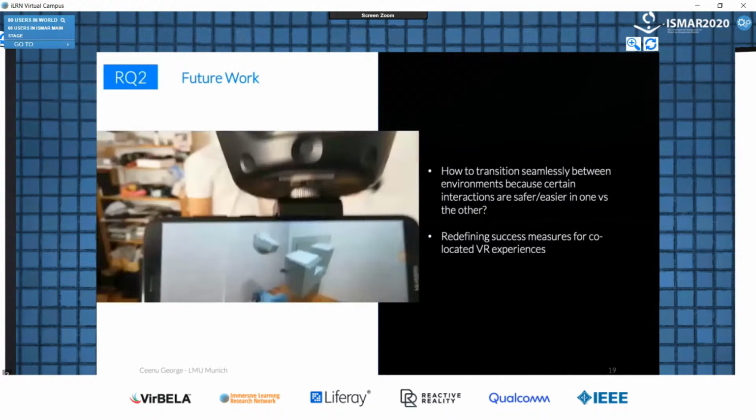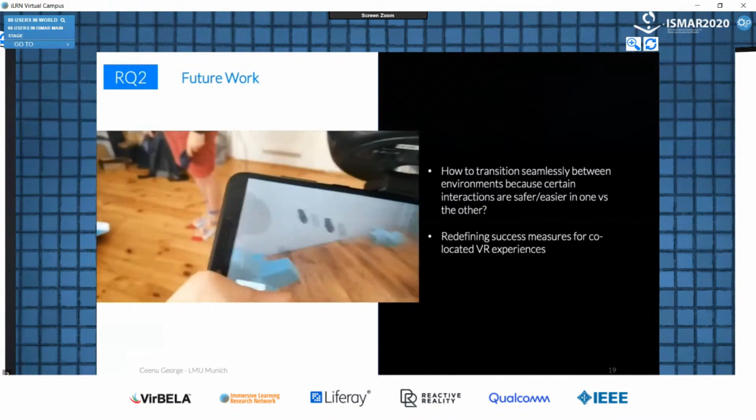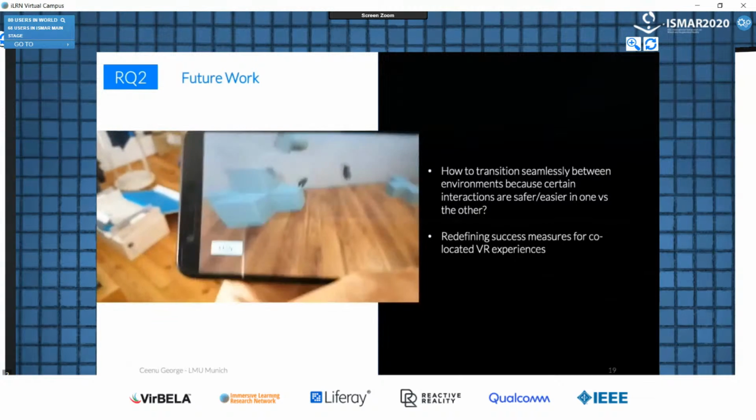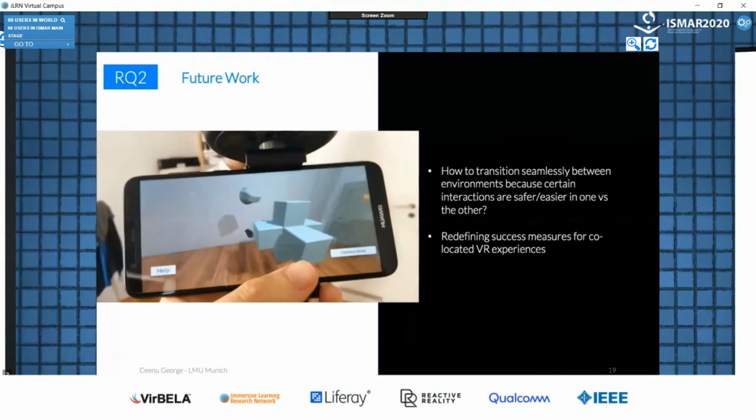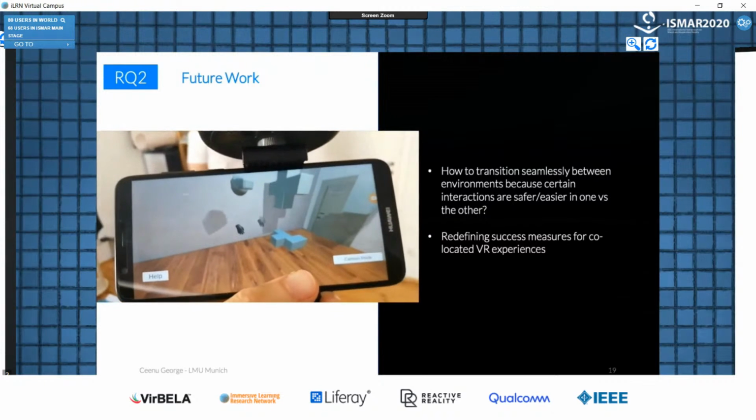So on the left, you can see here a current prototype of the virtual phone metaphor, where we are actually peeking into the virtual reality here. However, the solution works in both directions. So it's possible to actually tap, provide directions in both directions, and interact with the objects, of course.